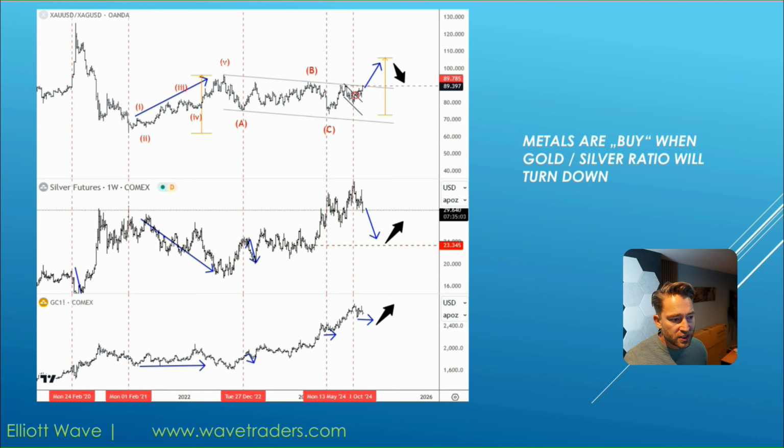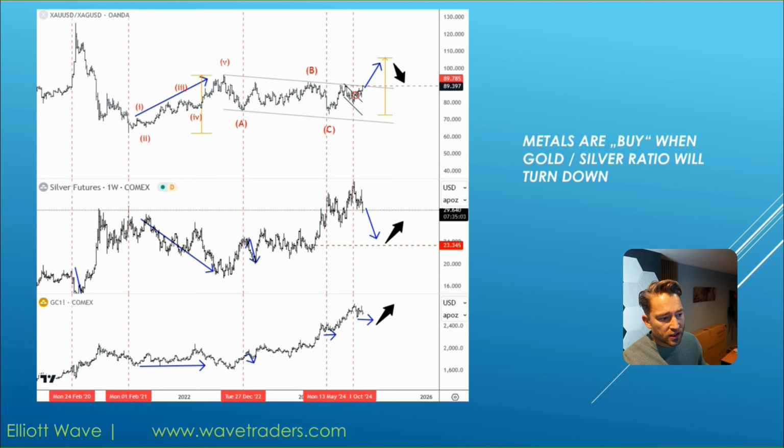So now, when we are seeing this gold silver ratio starting to turn higher again, I think that there can be more upside coming, especially because this ABC drop is finished. So I think that the 95,800 area could be reached in this gold silver ratio chart. And until then, I just think that we will not see any good potential opportunities. Of course, I can be wrong, but I think that much better opportunities can show up on gold or silver when this ratio is finally done and completes